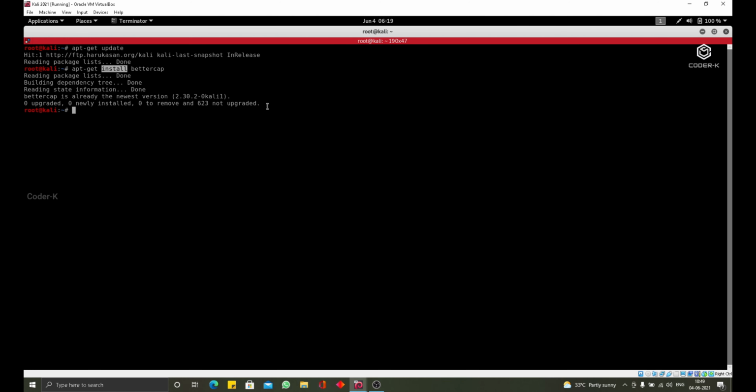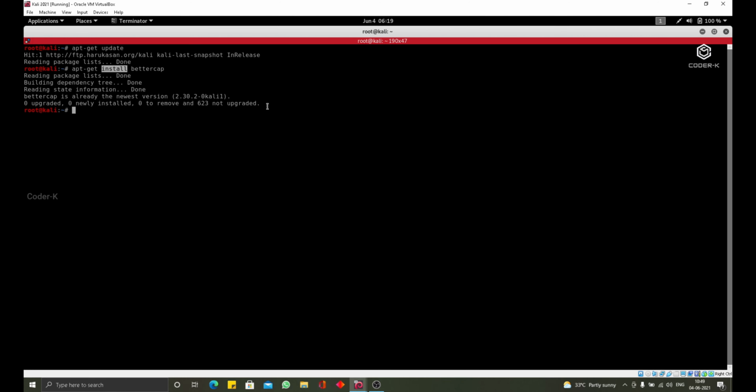So I'm going to clear my screen and run Bettercap. All I have to do now is just type its name, bettercap. Now, as usual, if you want to get more information on this command and how to use it, you can do --help, and this will give you a complete help menu. But you don't really need to worry about this now because we will be using the tool a lot throughout the course and you will learn a lot as you use it.